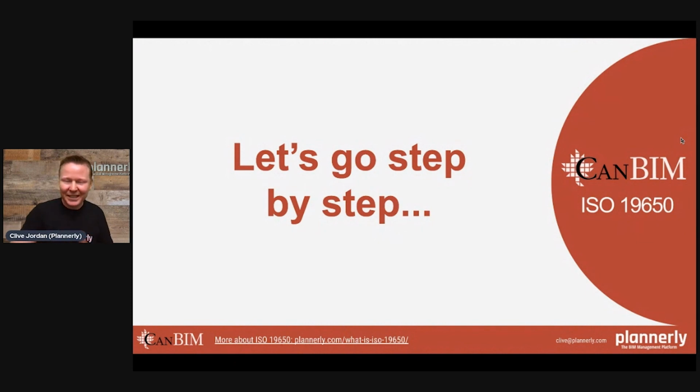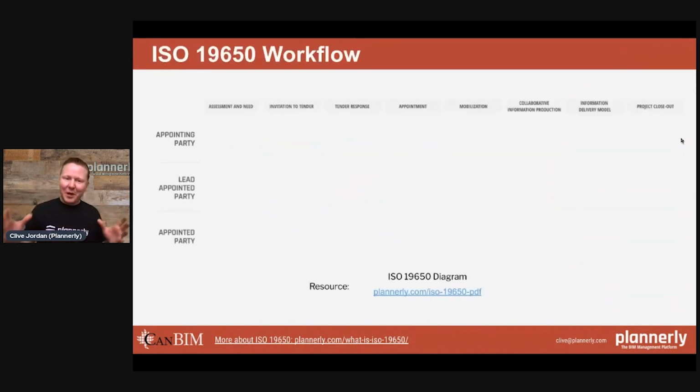So the first part is the framework. We looked at the 8 different steps from assessment and need to closing out a project. But on this diagram, we're going to include the appointing party, the lead appointed party, and the appointed parties. These are the swim lanes, and this is the supply chain.